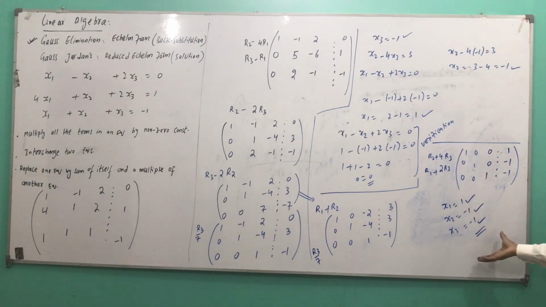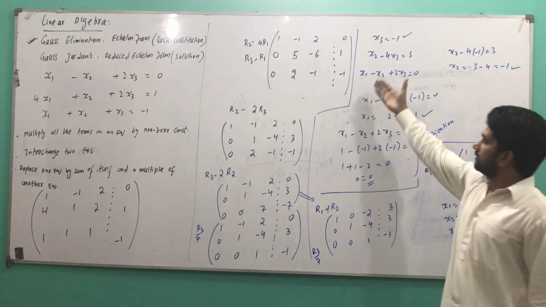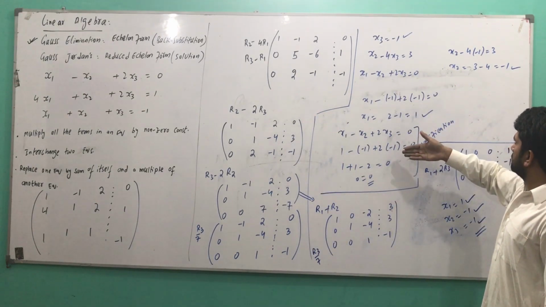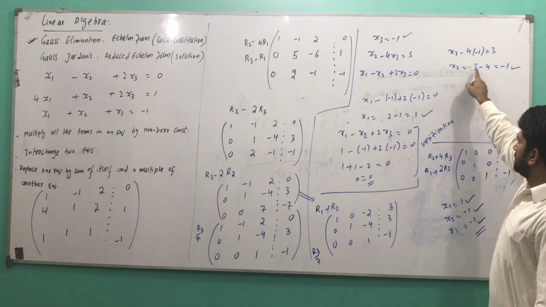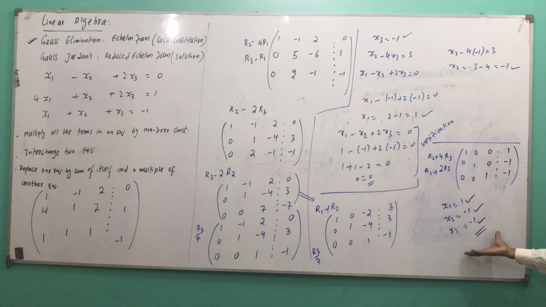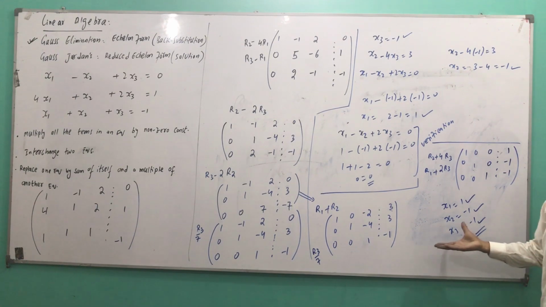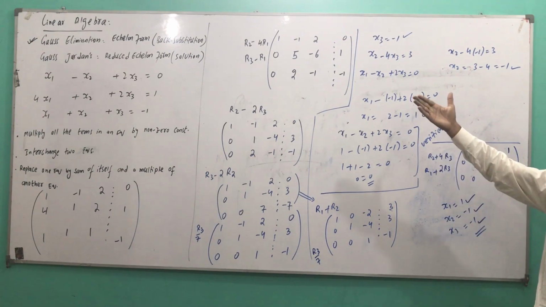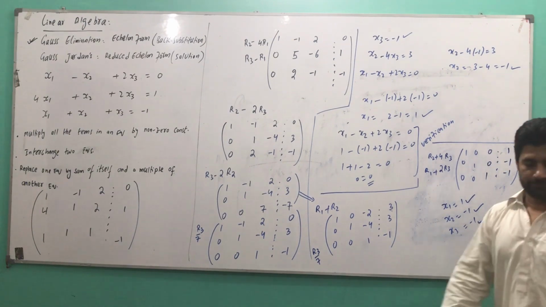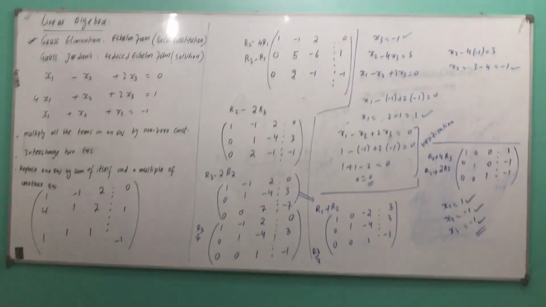So this was about Gauss-Jordan, and we converted into reduced echelon form, and immediately we have the answer after this last step. And this was about Gauss elimination, and you have done backward substitution, and you have the answers x1, x2 and x3, and this is verification. Verification will be the same as this. I hope you have understood about Gauss elimination and Gauss-Jordan. Thank you very much.